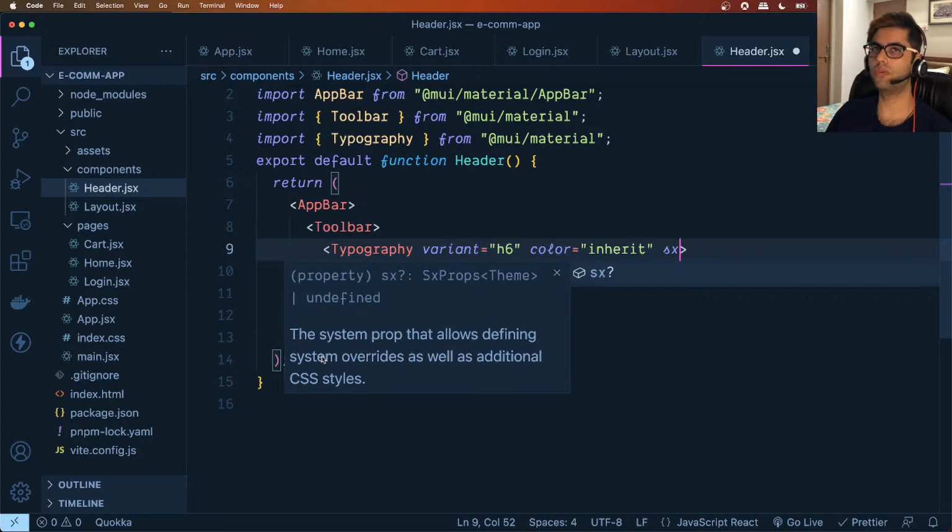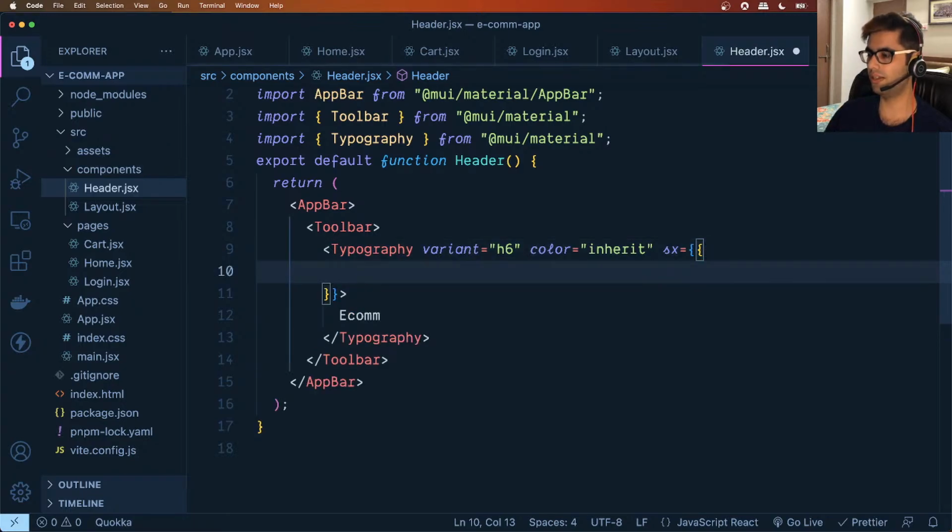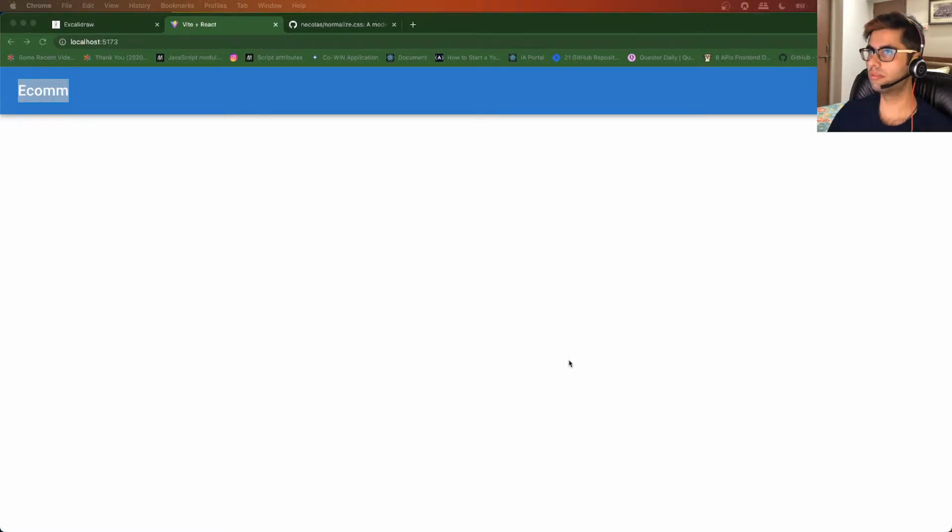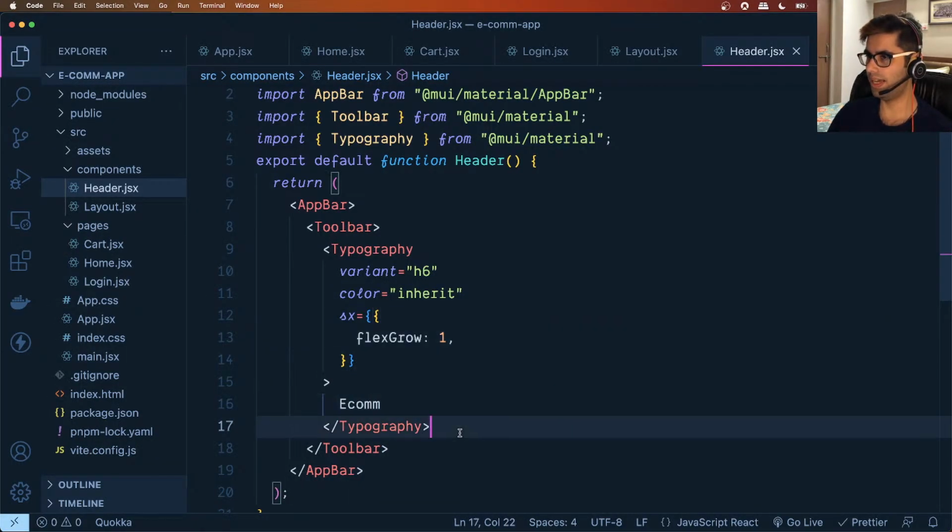It allows us to override these styles provided by Material UI, and we can provide our own CSS styles. Okay, so the syntax is similar to what we were using in Emotion, right? Here we'll just say flex grow, and we'll specify the value as 1 over here, flex grow 1,